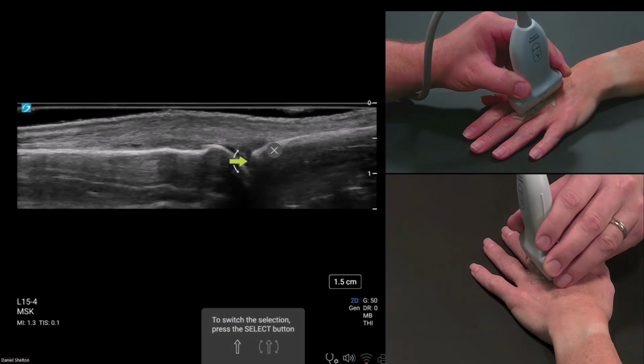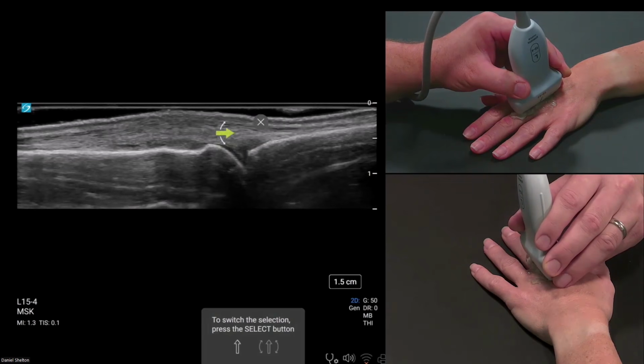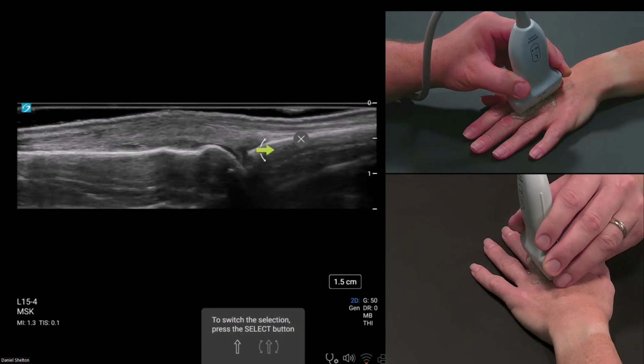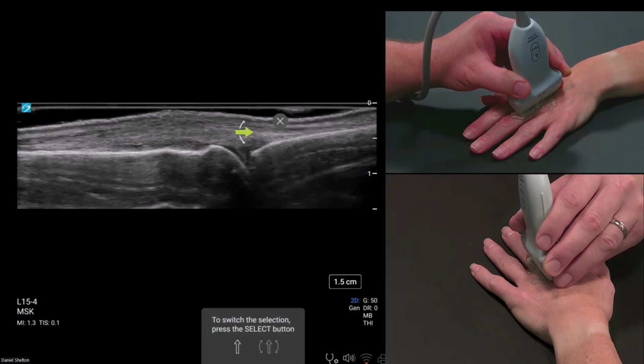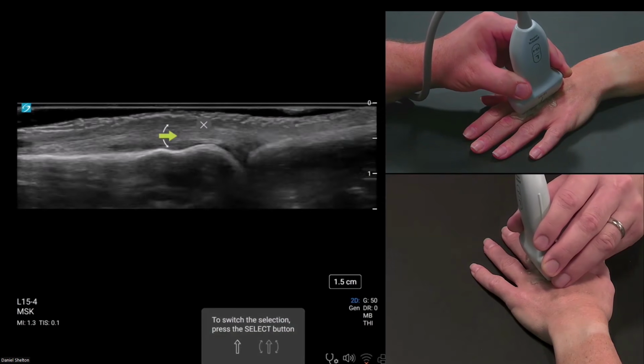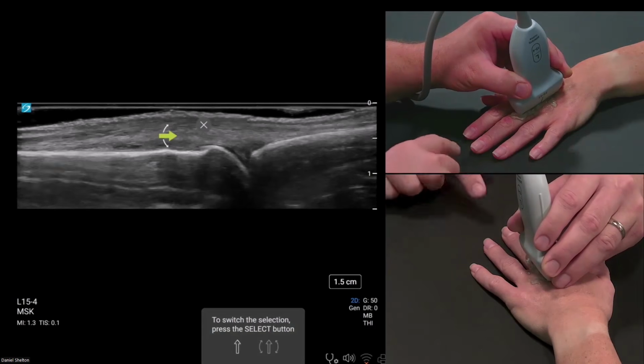We have that fat pad, or the homolog that sits in the joint, that little triangular wedge. And then the joint capsule terminates right here on the proximal edge of the proximal phalanx. Extensor tendon is not all of this thick structure here. So I'm going to have our model just twitch her finger.